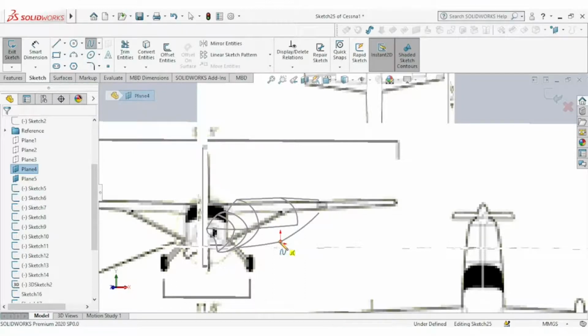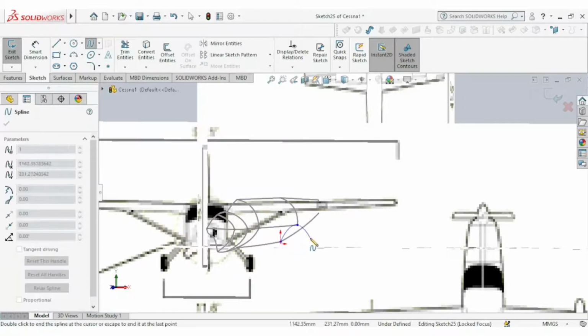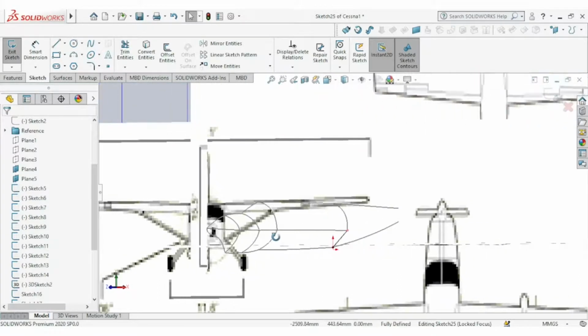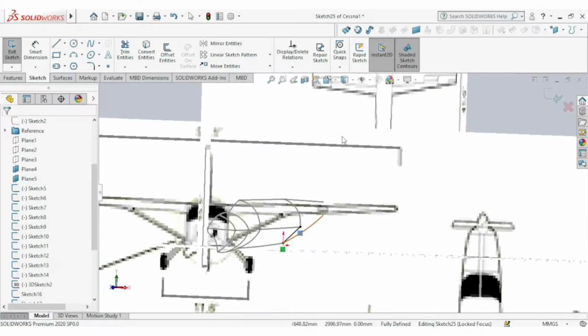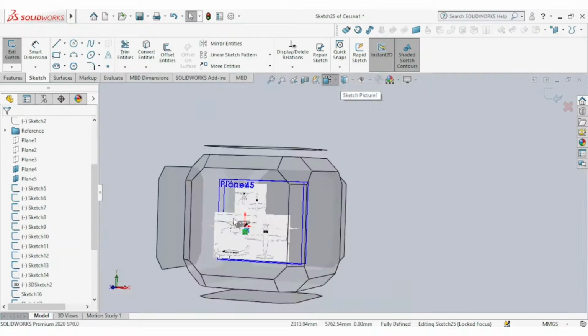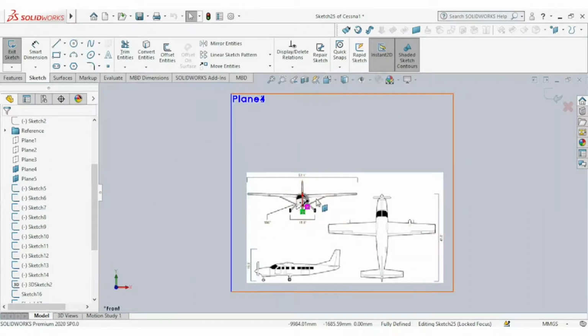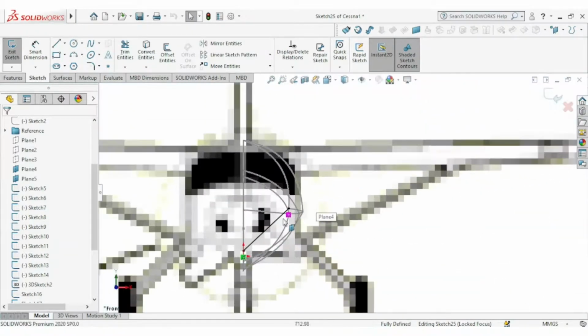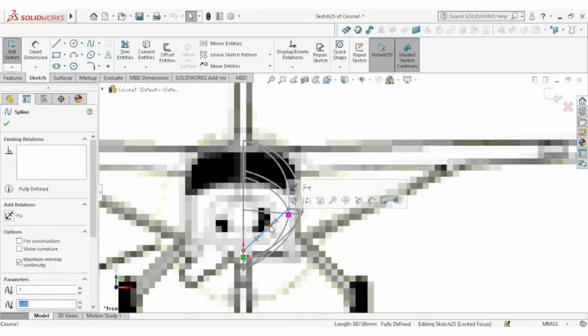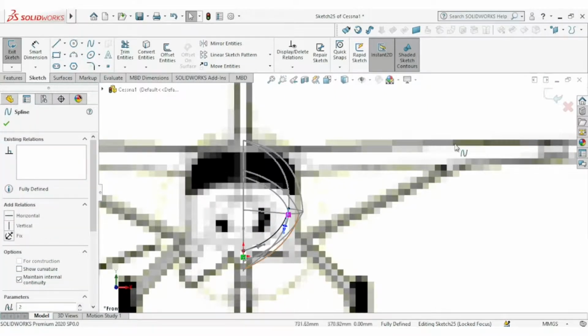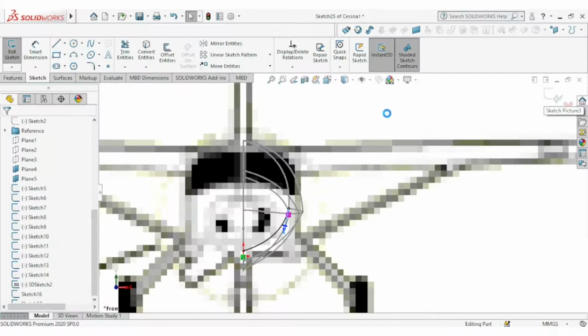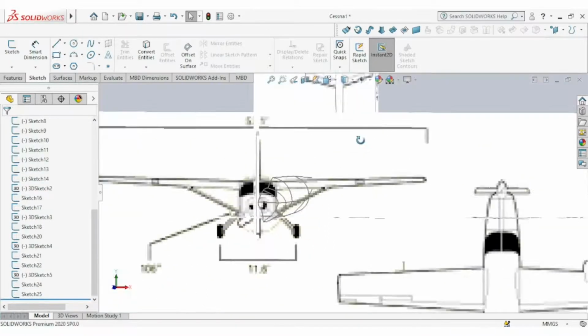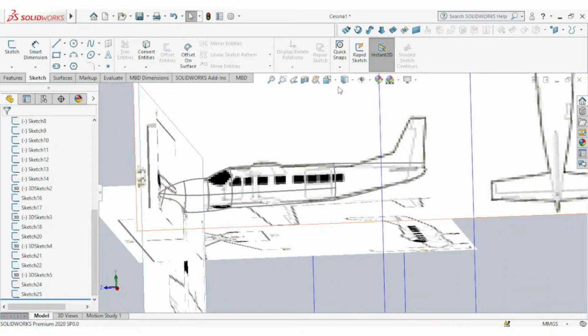This point and this. Let's see. Okay, that's correct. I thought I'd put the spline on the origin. It's fine.